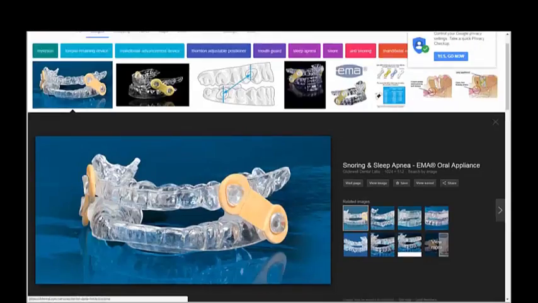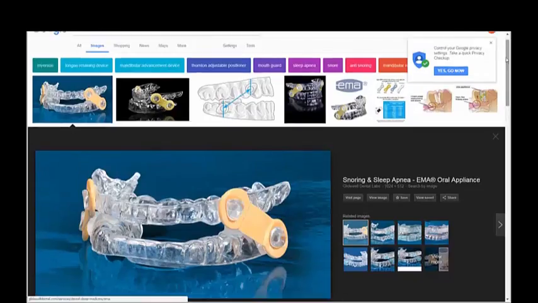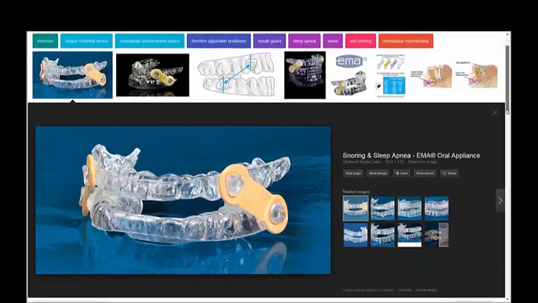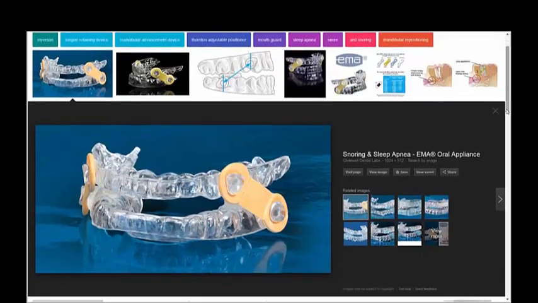Okay, this is a fairly inexpensive appliance to make compared to either the Somnodent or the TAP appliances, which both run in the $400 to $500 range. Okay, that's lab fee. This appliance typically can be fabricated for less than $200, depending on your lab, and it actually shows in the feel and the quality of the appliance. In my opinion, this is a much flimsier type of appliance,